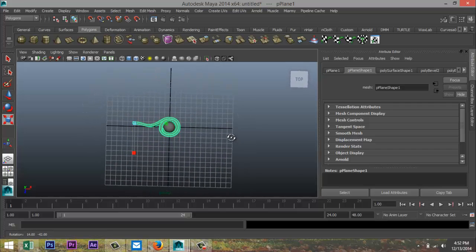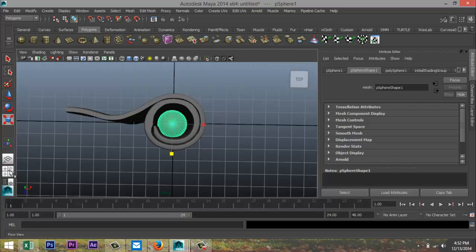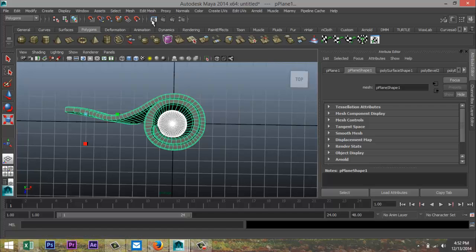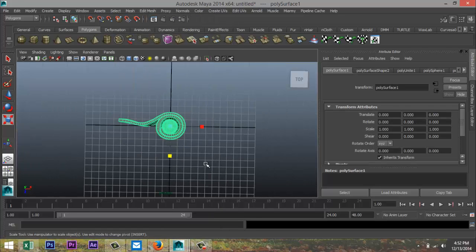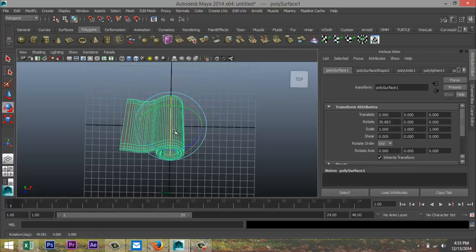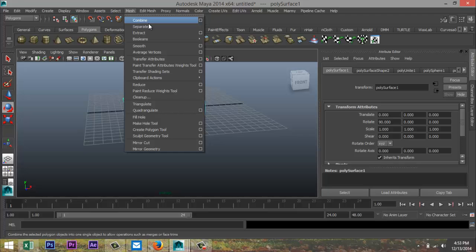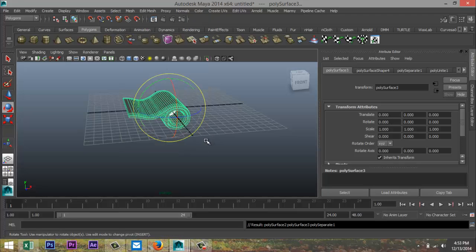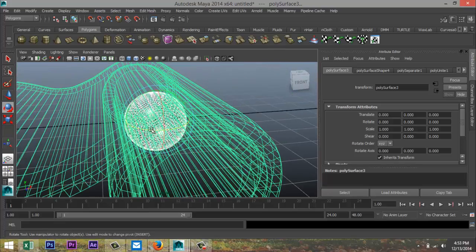Something like that. What we're going to do now is select these two, edit mesh, mesh combine, hit E, rotate that to 90, go to mesh separate for wireframe mode, and let's select our